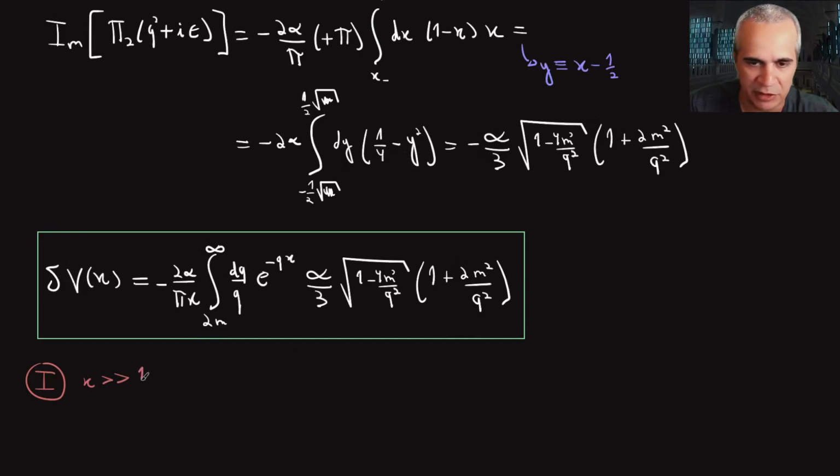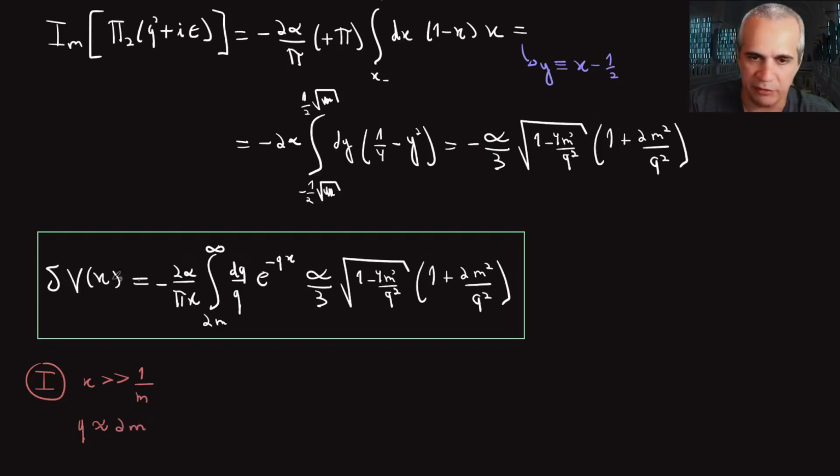really have here, which is 1 over the mass of the electron. In this case, if distances are big compared to this scale, you see that this exponential will be integrated from 2m to infinity. But if x is much bigger than 1 over m, most of the contribution of this integral will come from the lower limit, really close to the lower limit, because then this is sharply suppressed by the exponential. In this case, that will be equivalent to taking q very close to 2m,